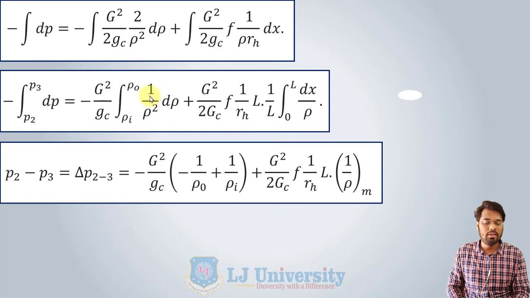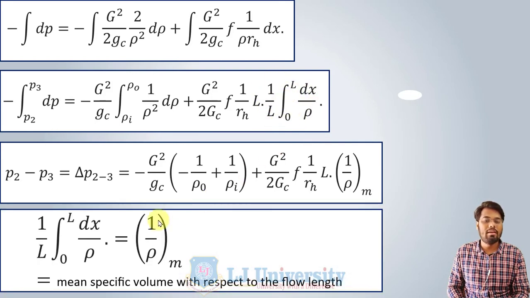Putting in the limits, upper limit minus lower limit, minus minus becomes plus 1 upon rho I, plus G square by 2 gc into f 1 upon RH L. Instead of the integration of 0 to L dx by rho divided by L, we can write 1 upon rho mean,